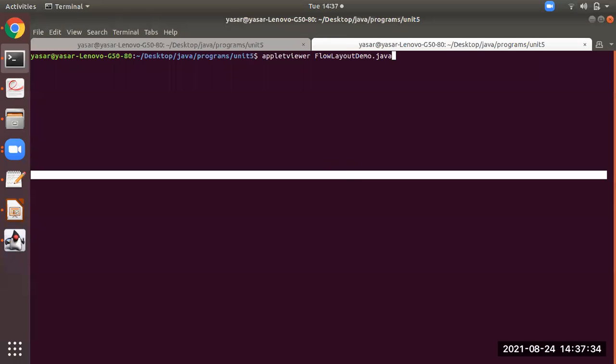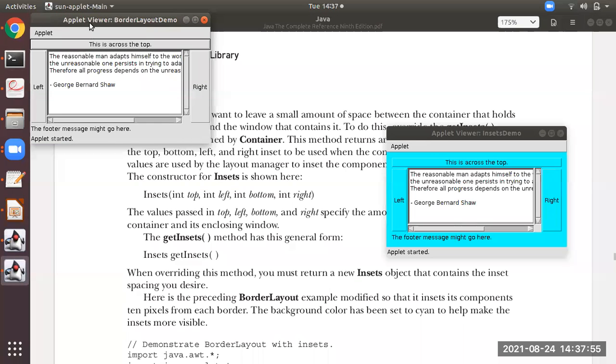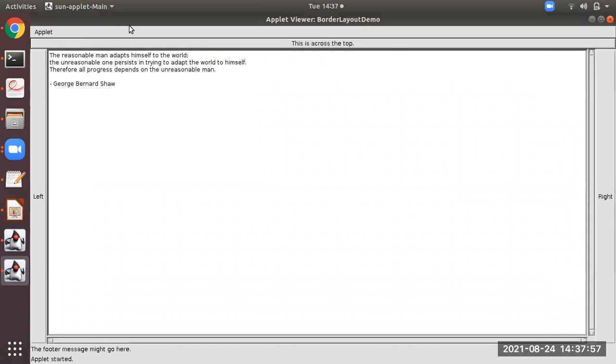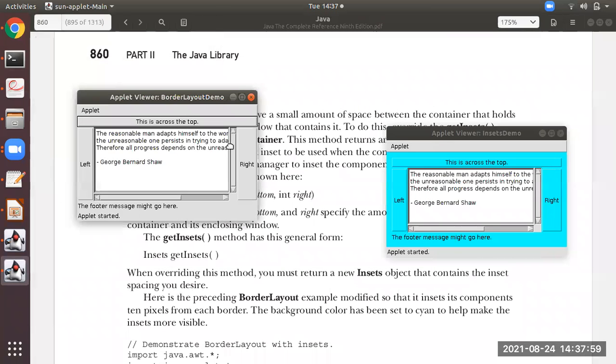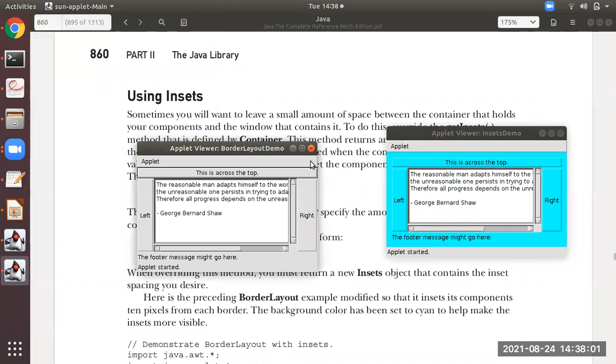Border layout I showed just now. This is the border layout, see, students. This one is the border layout, and the right side is insets demo.